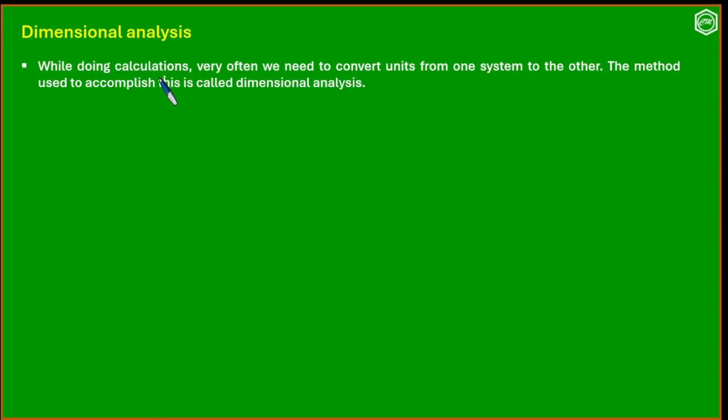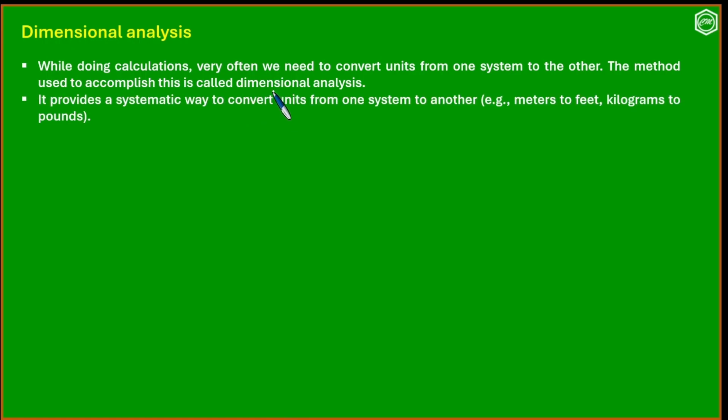Dimensional analysis. While doing calculations, very often we need to convert units from one system to another. The method used to accomplish this is called dimensional analysis. It provides a systematic way to convert units from one system to another. For example, meters to feet, kilograms to pounds, centimeter to meter,